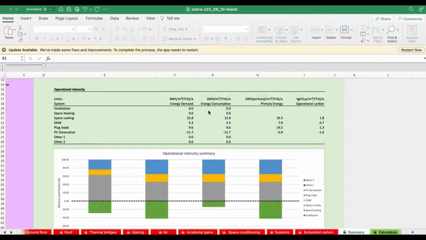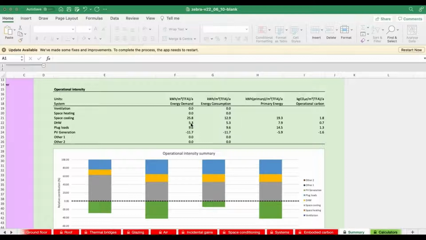You'll notice though that the consumption in the next column is half that. And the reason it's half that is we've got a coefficient of performance of our air conditioning units of 2. So our energy consumption is half that of the demand. So energy demand here is how much energy do we need to actually provide the amount of heating, to provide the amount of cooling. And then energy consumption includes the efficiency of that system, be it a gas boiler for heating or an air conditioning unit in this case. So we've got 12.9 kilowatt hours per meter squared of consumption.